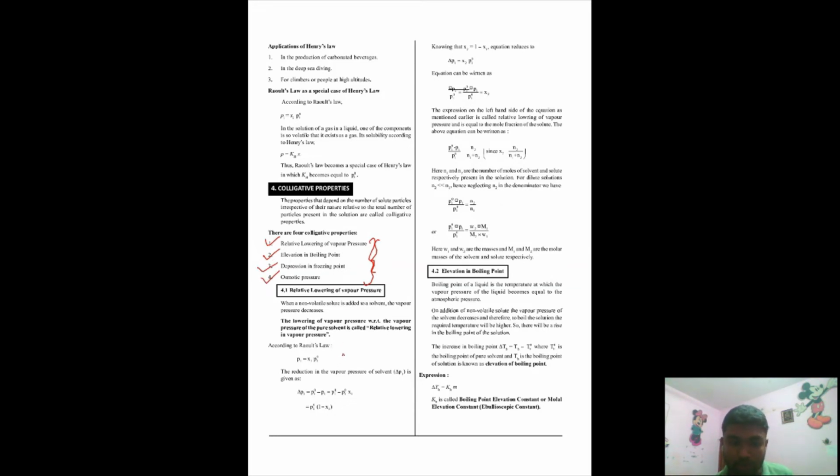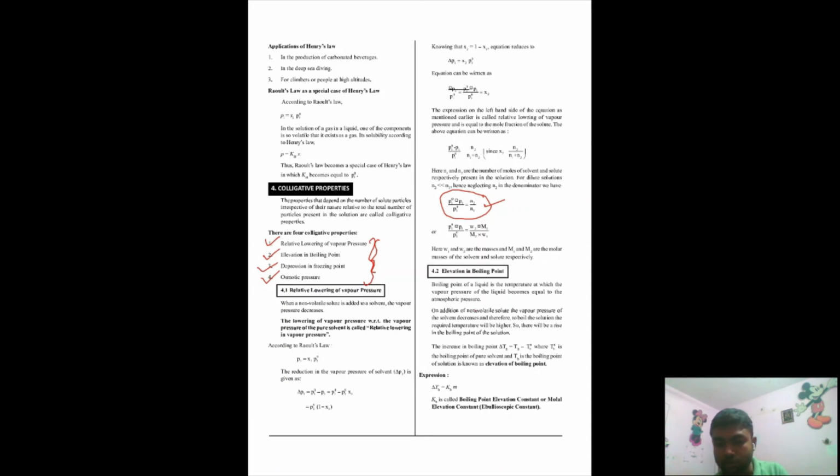Now, as you can see, all of them are discussed in detail here. You have to understand what actually colligative properties are. Colligative properties are basically the properties which exist because of the number of molecules that exist in a solution, number of molecules of solute. Okay. So yeah, relative lowering of vapor pressure. These expressions are very important because these will be asked in numericals, or directly they can ask you what the expression stands for, right? Relative lowering of vapor pressure.